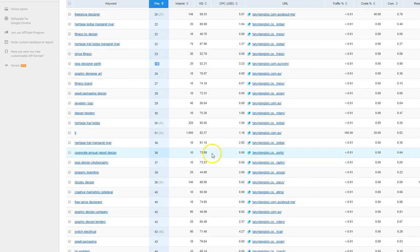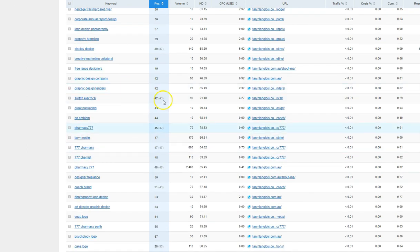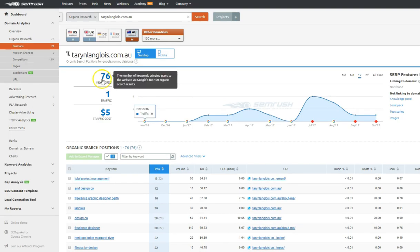And to move from page 2 or 3, like you can see here, freelance designers, graphic design company, you've got some really awesome keywords. I gather 77 Pharmacy is one of your customers. You've got some really awesome keywords, but you're just not on the front page where you need to be from them. Where if we go and look at Christy Russell Design, they only rank for 49 keywords as opposed to your 76,